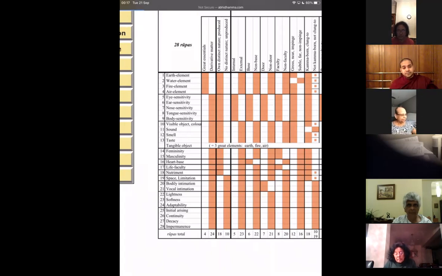Your stomach might hurt. But that sensation is felt by the Pasada Rupa. Hence it is called internal. The pain which is felt is called external. Do you understand? Right? So internal is 5: eye, ear, nose, tongue, body. Then 28 minus 5 is the total amount that you have for external, which is 23. Right?